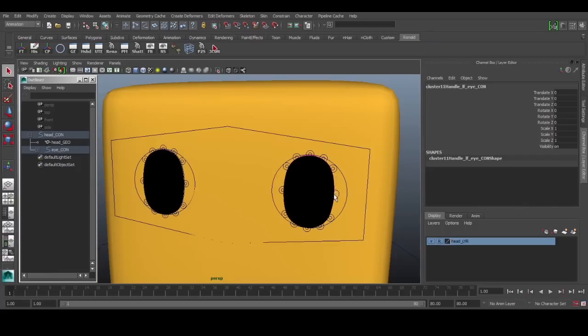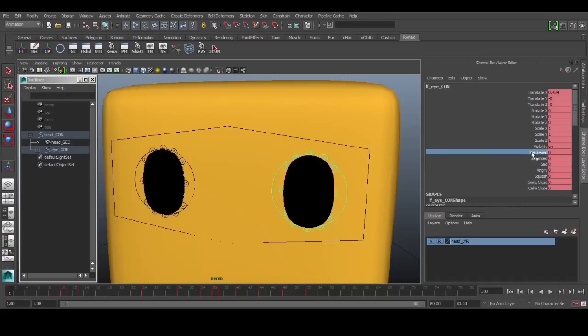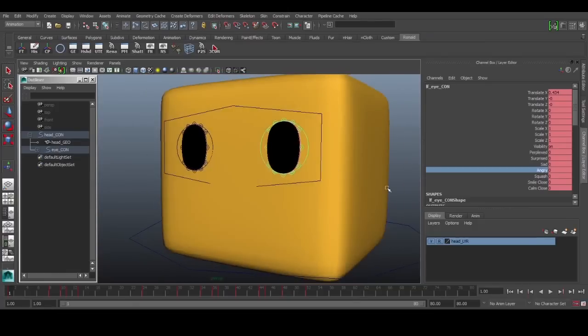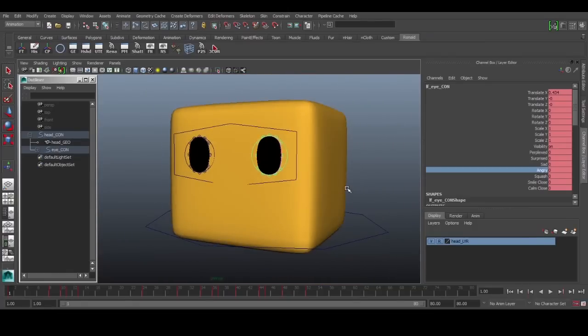Of course, we also have an additional level of the set-driven key, SDK, where we have some attributes, and we can use these attributes to control the shape. So I have all these attributes set up, so if he's sad, he's sad, if he's angry, he's angry, kind of like just some rough shapes. I'm going to show you how to do this, so let's get started.